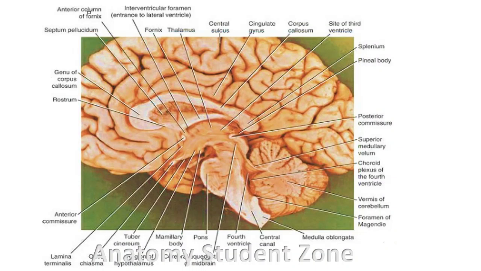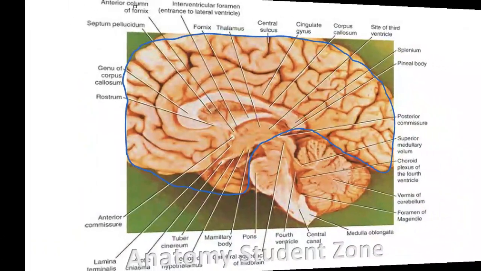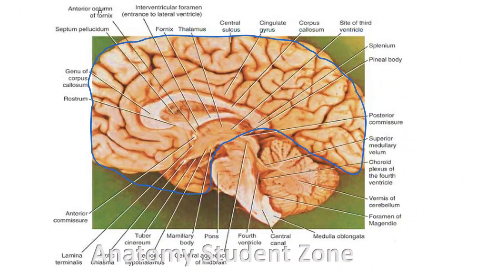First, please identify which section this is. Are you able to? Oh yes, this is an enlarged medial view of the right side of the brain, and this is a median sagittal section. It is very important to identify which section it is, whether sagittal, coronal or transverse, because it helps you in CT and MRI and also in studying neuroanatomy. So in this median sagittal section, this part highlighted with the blue color is the forebrain.